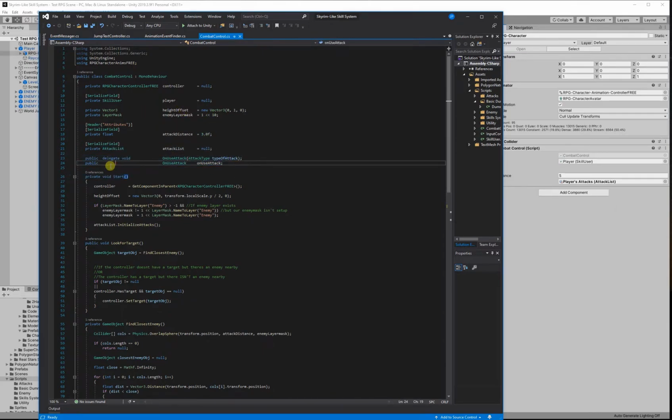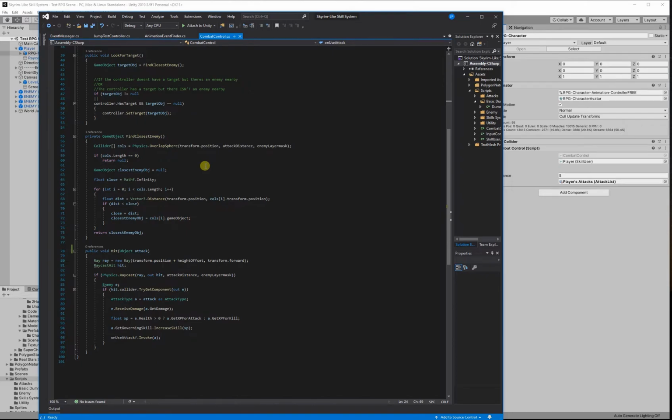We've got the attack list. We took a look at that earlier. So we have that, and we're going to initialize that on start. And then we have this new event called onUseAttack. So onUseAttack is just going to, every time that you attack successfully, really what I should do is have this at the end of the hit function. Okay, so every time you attack, should have fixed that before. Every time you attack, you're going to call this onUseAttack